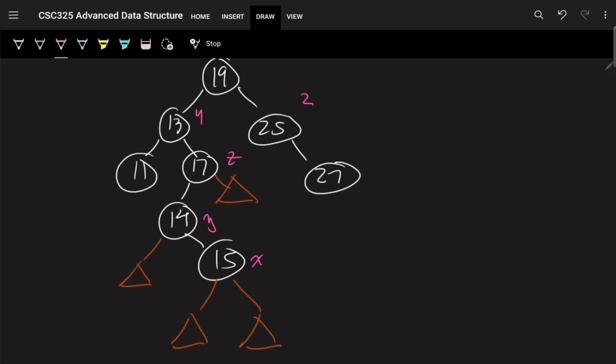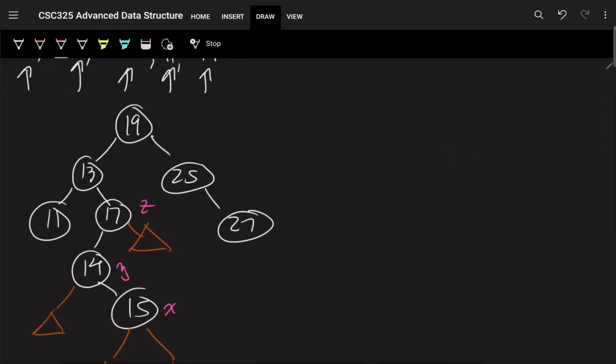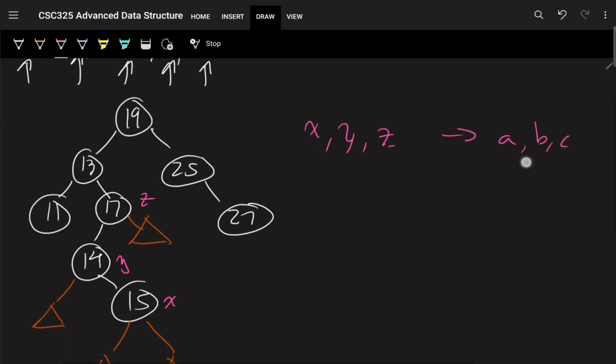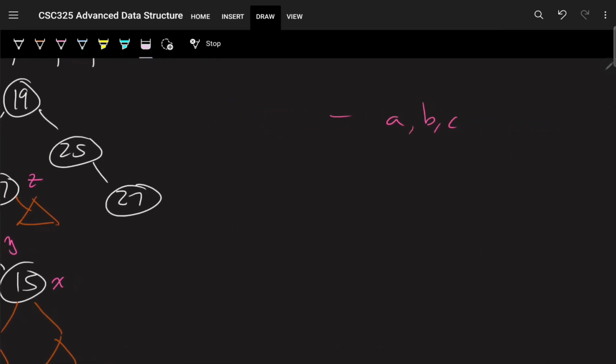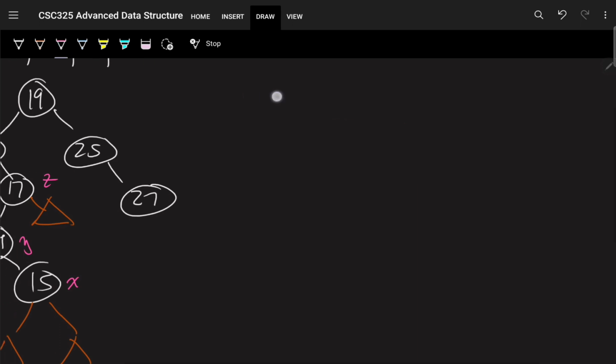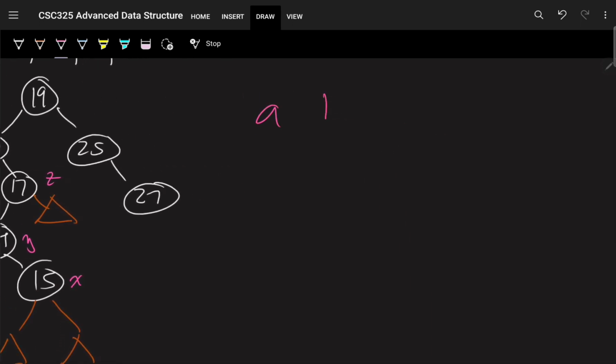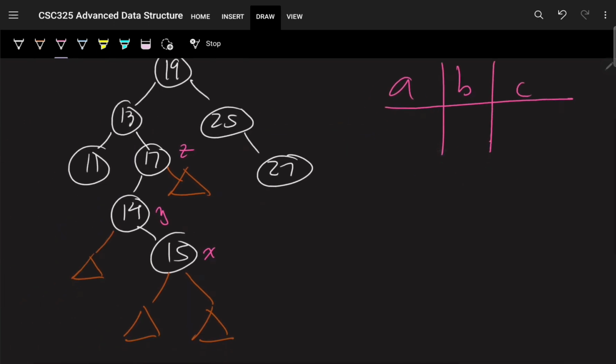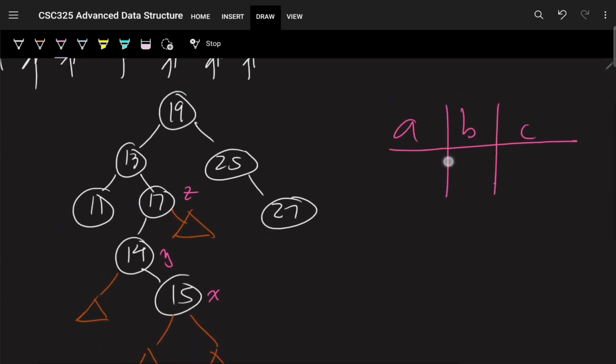And what we want to do is map X, Y, and Z to A, B, and C. And we do that with an in-order traversal. So let me go ahead and make my little grid here for A, B, and C and see how that lines up. So doing an in-order traversal